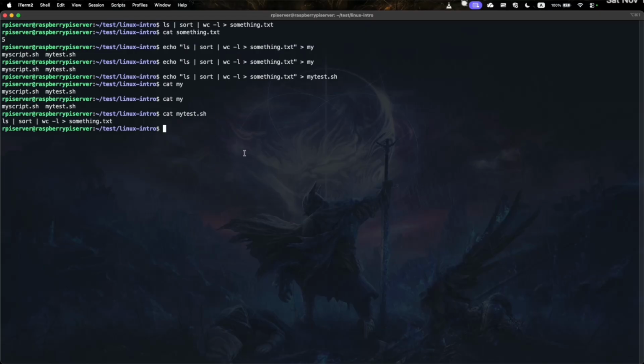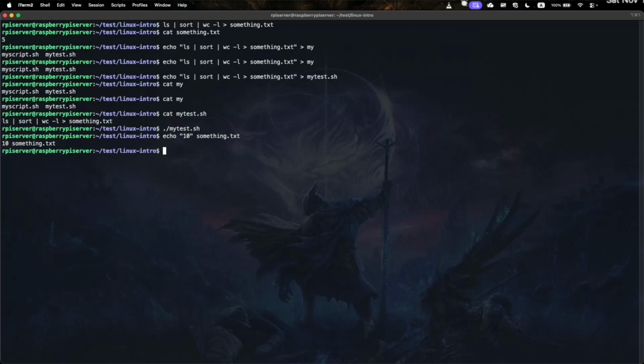Okay, so we do that, and now we can cat my test.sh. And there's the command. I think this should run without the bin bash as well, but that's kind of cheating. We can check to see if we can run it. Okay, we can run it, and now if we check, actually, hold on, we can echo like 10,